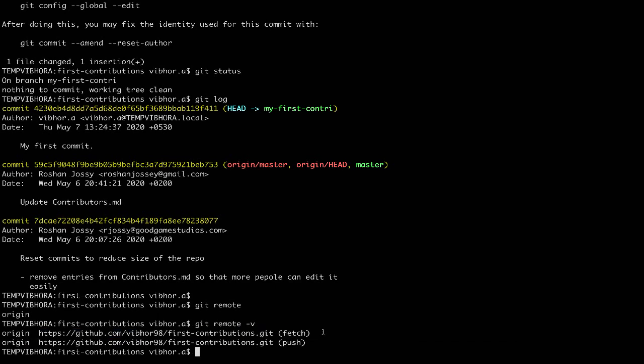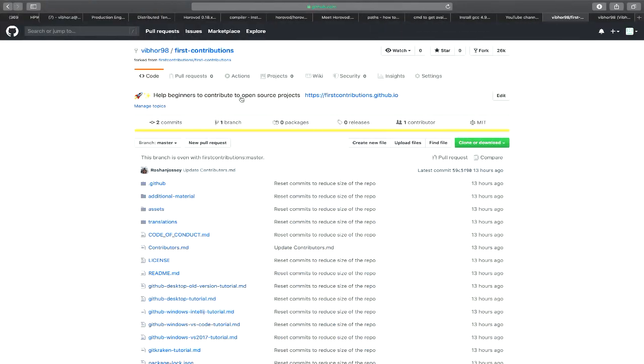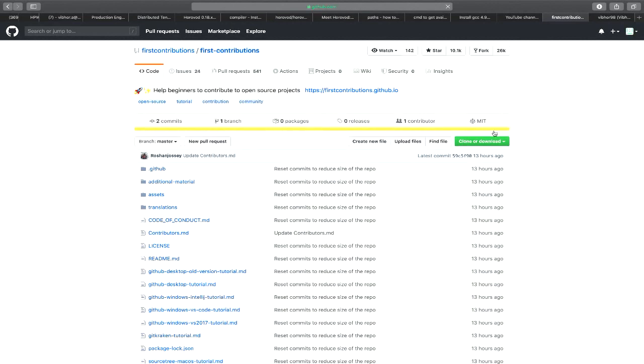And we need to set upstream as well. So upstream will be the repository that we have actually forked, means which repository? This one. This repository should be the upstream one from which we'll take the latest pull, to make our local branch up to date with this branch, right?